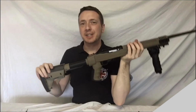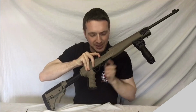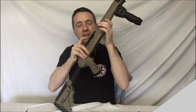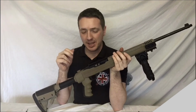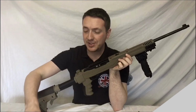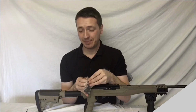One final upgrade I did was on a stock 1022. If you open the bolt and you want to lock it open, you have to fiddle about until you find a mechanism here, and then that'll lock it. Now, on a standard 1022, you have to muck about looking for the catch again in order to release the bolt. Now this is a dead simple fix. Again, I got this off eBay,